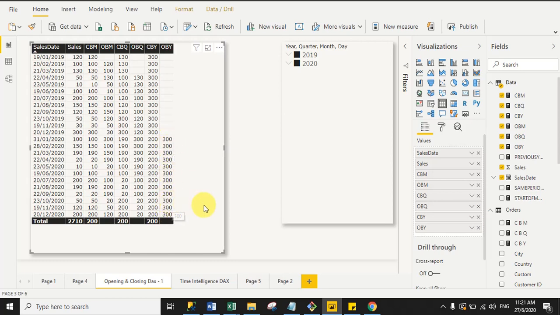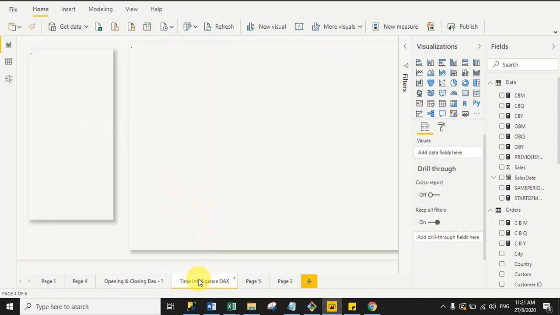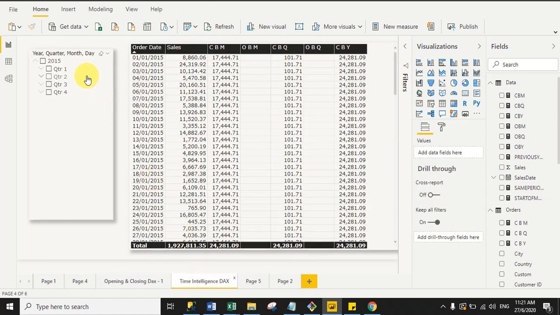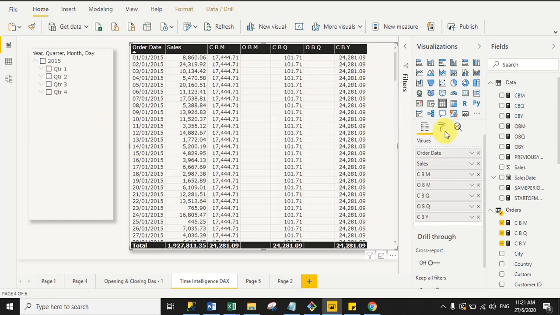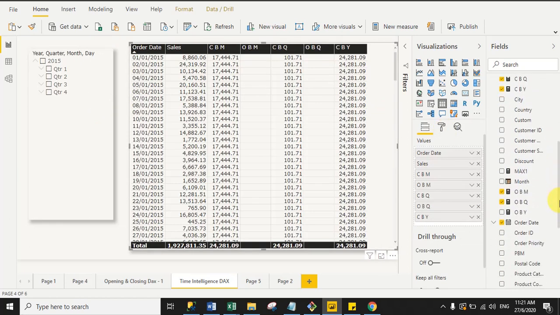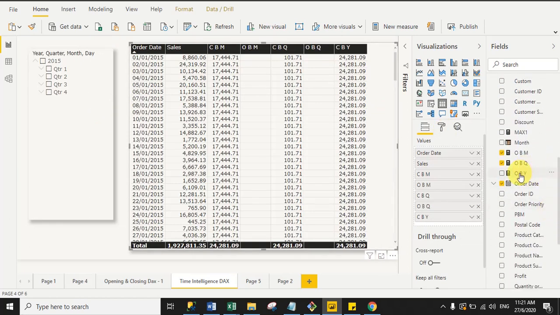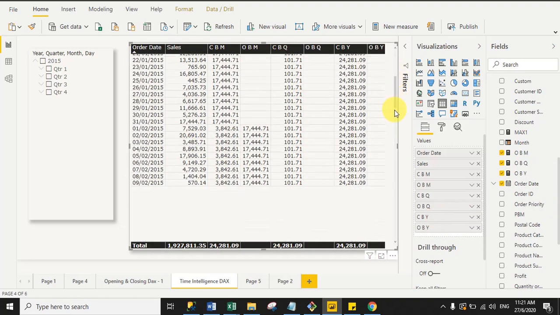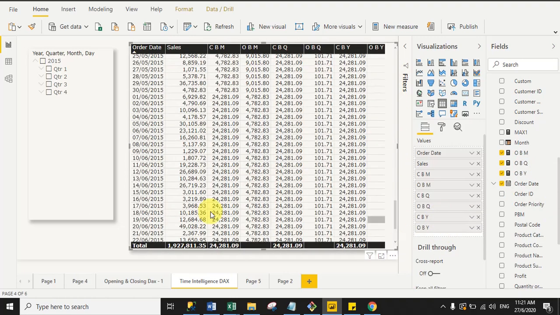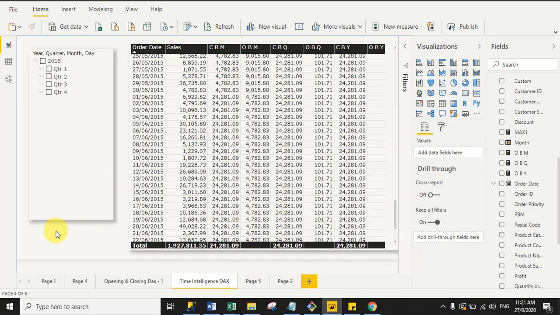And if I show you the same for the large data set, you can see in this data set we have only 1 year, so it will return nothing. Reason behind, before 2015 we don't have any sales, right? So let me drag the opening balance year measure here, so you can see here it returns blank, right?